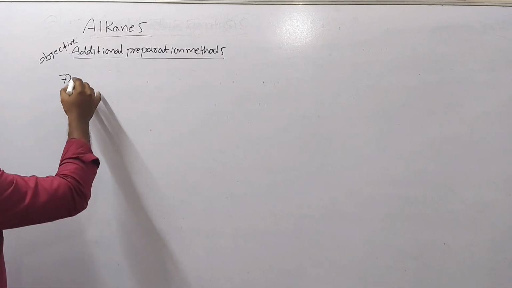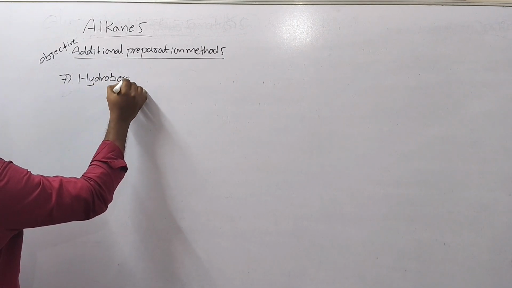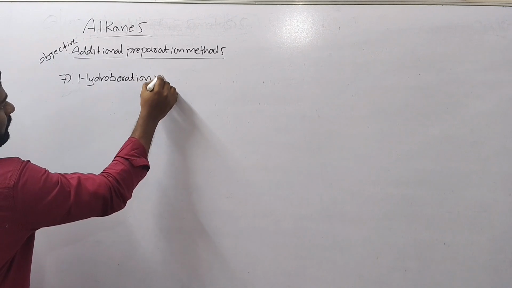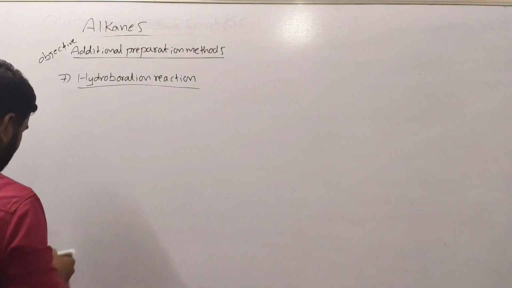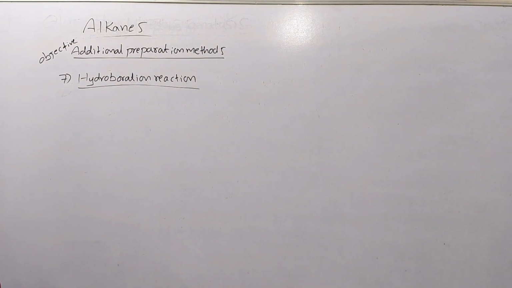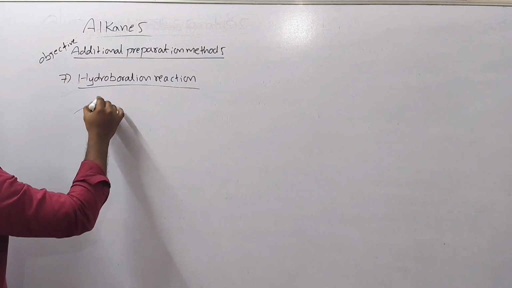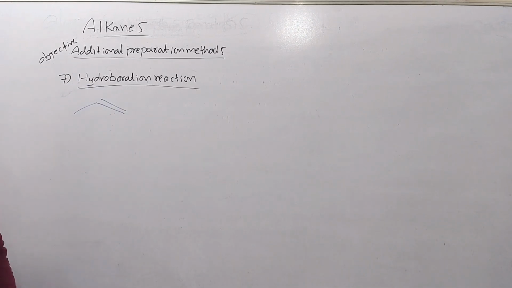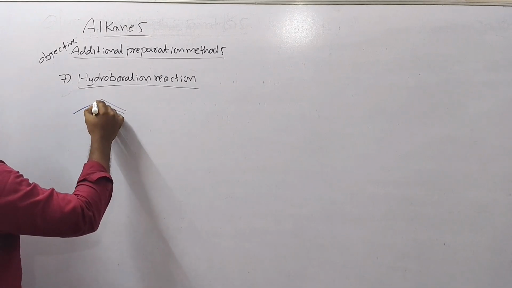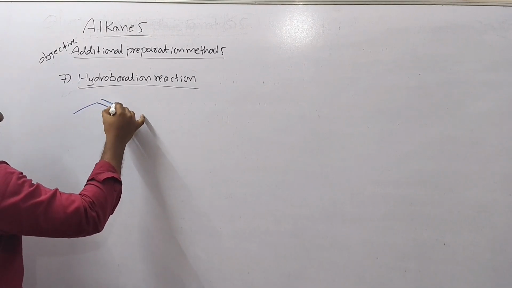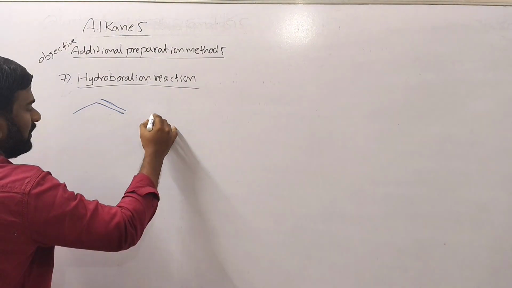Seventh method, hydroboration reaction. In this hydroboration reaction, what is happening? You have to take unsymmetrical alkynes. These unsymmetrical alkynes react with